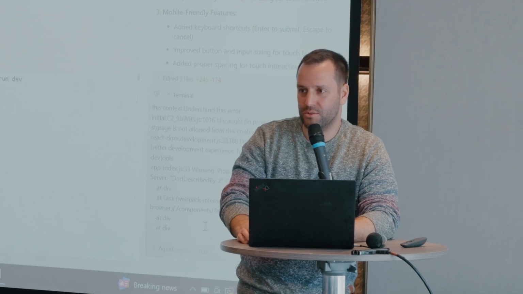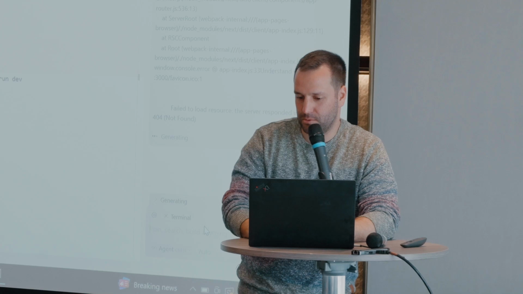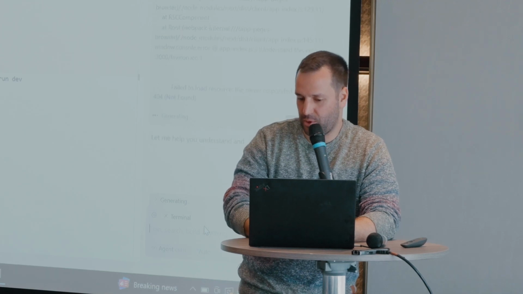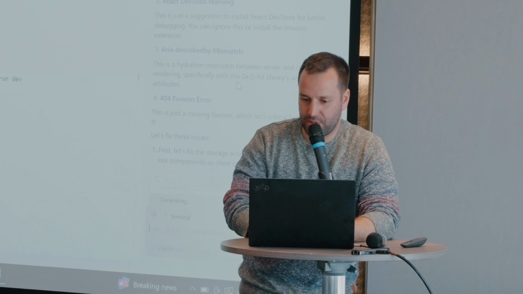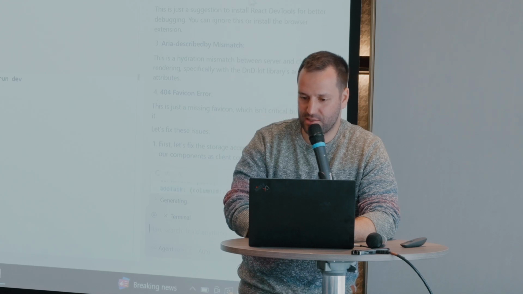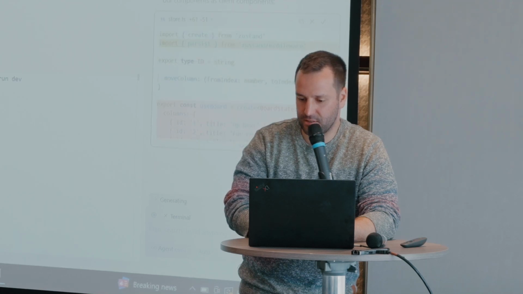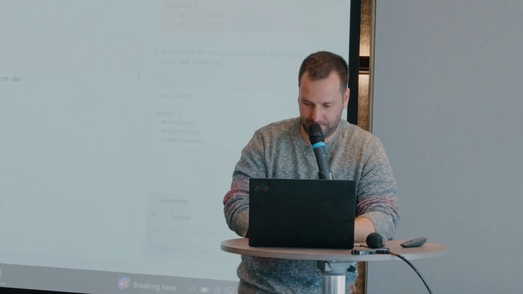So I don't even need to tell Cursor where I took this error from. It will know. So I'm just pasting it here. It says, okay, let me help fix it. There is a storage access error, so we need to ensure that we have storage for the data. You don't have a favicon, stuff like that. So let's accept that.